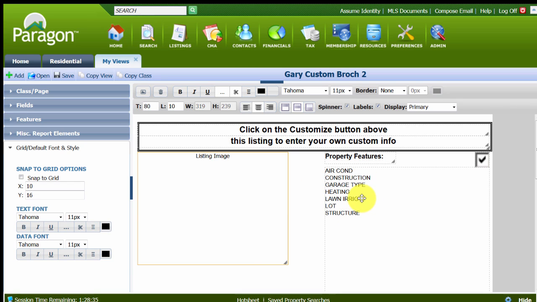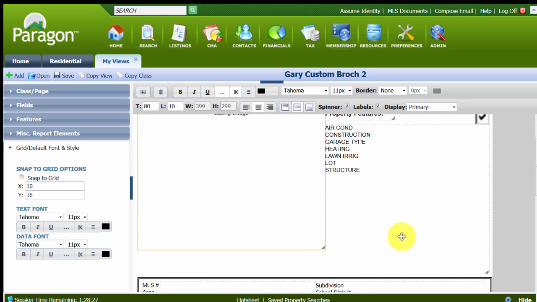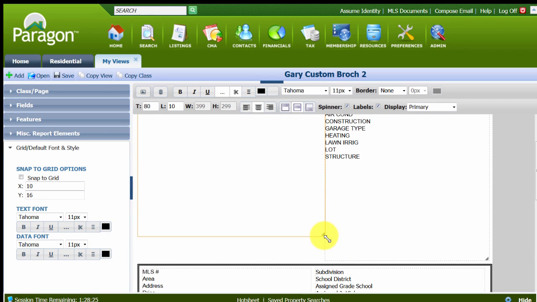Notice how this picture has a particular size to it. I can, if I want, make it larger. If I want to have the largest picture available, by grabbing that right-hand corner with the left mouse click and hold, I can pull it out to the next size up. Notice I could go to a larger size, and these are jumps that are predetermined for the resolution inside Paragon